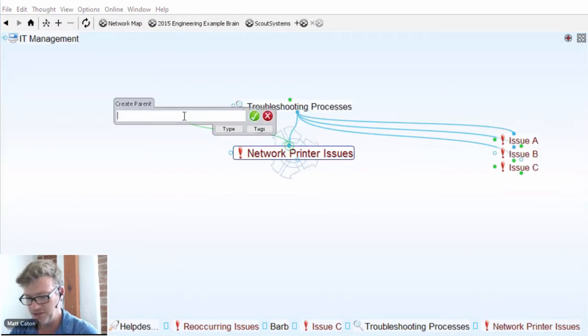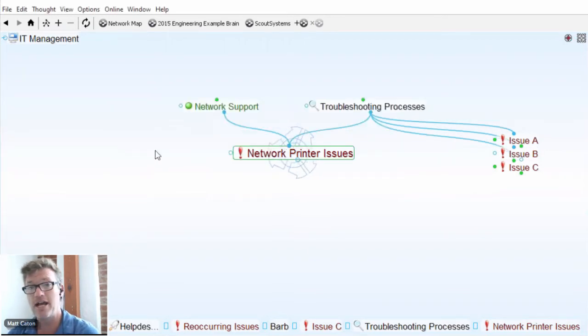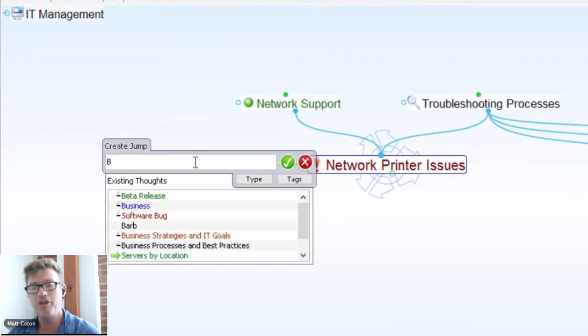I might also link this to an existing thought. So I'm going to type in, I've got an area for network support where I'm keeping track of all the network support issues that may be coming up, and obviously the network printer is one of them. So I simply want that to fall under network support issues as well. So I double click, and you'll notice that any time I start typing in a few letters, here I'll just type in the letter B, and all thoughts that contain the letter B will show up and appear in front of me. And this pop-up list, my existing thought list, is really helpful with reducing clutter and duplication of thought